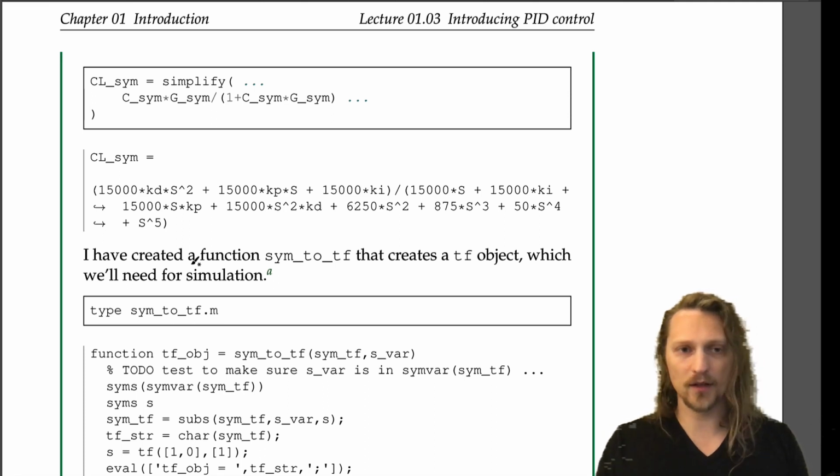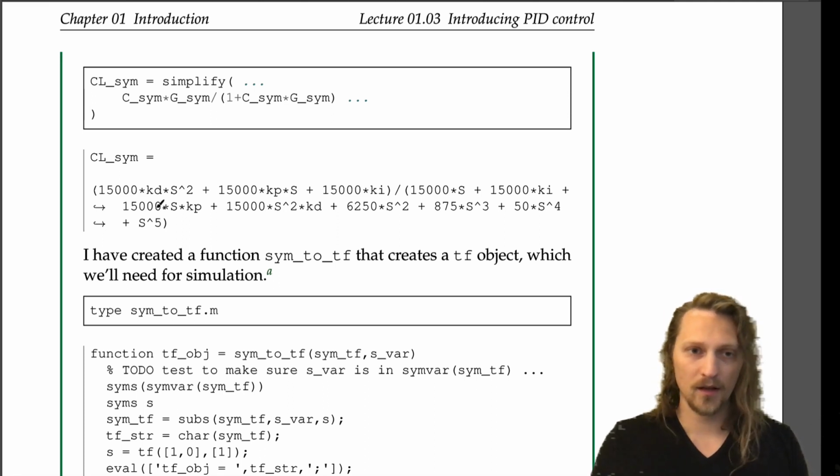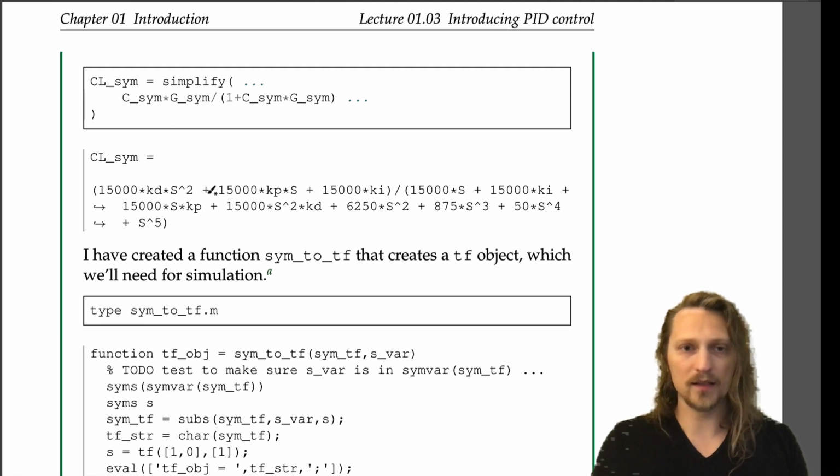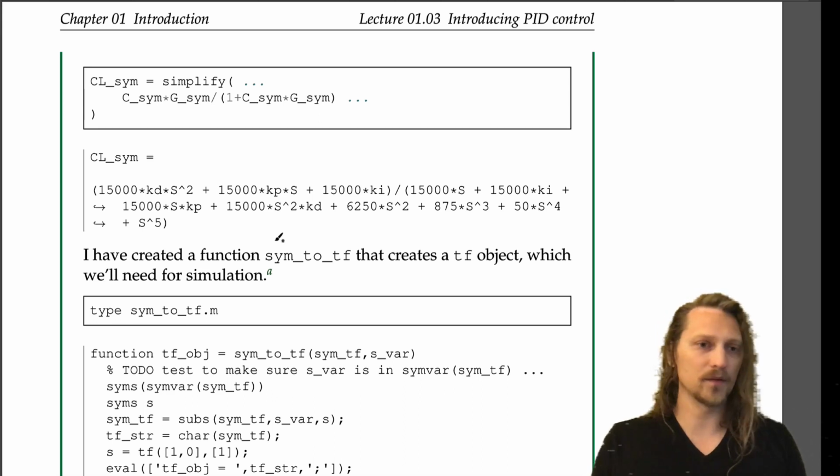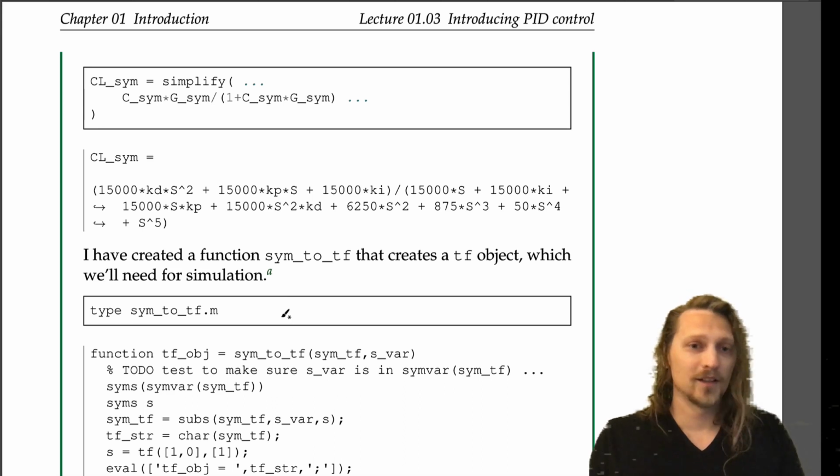Notice the closed loop transfer function is highly dependent on each of these gains. So Kd, Kp, Ki, they all show up in there. They're going to affect the zeros of the system and the poles of the system in closed loop. So the dynamics of the system are highly dependent on those gains, which is great because those are the things